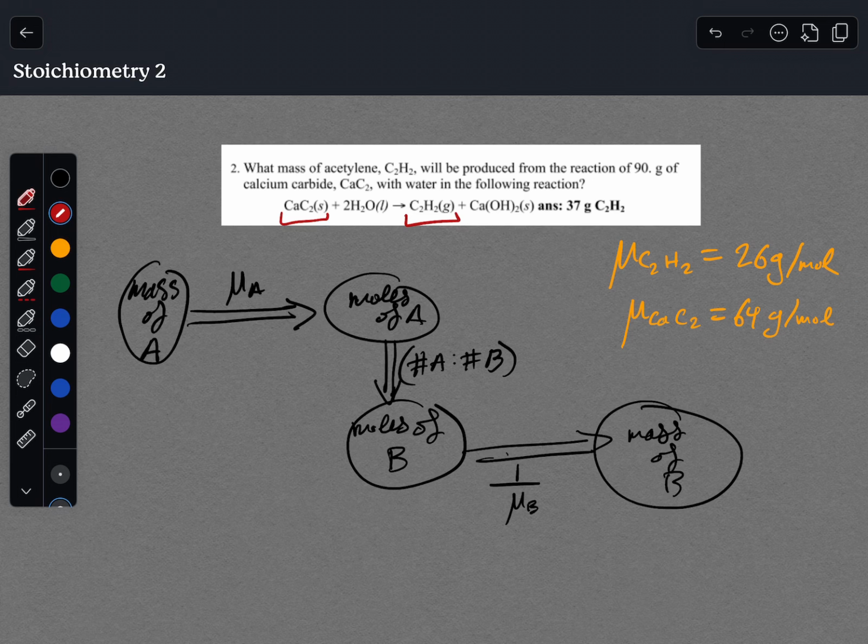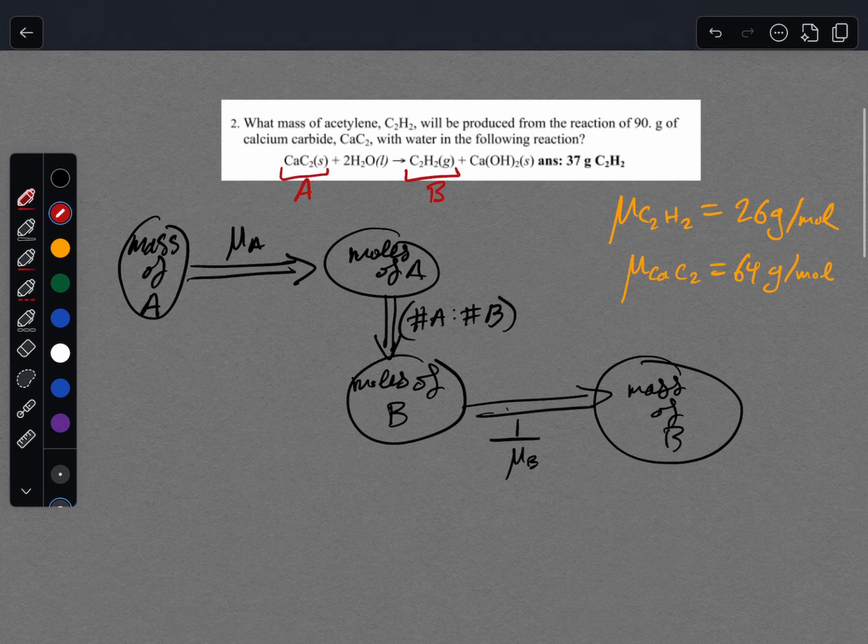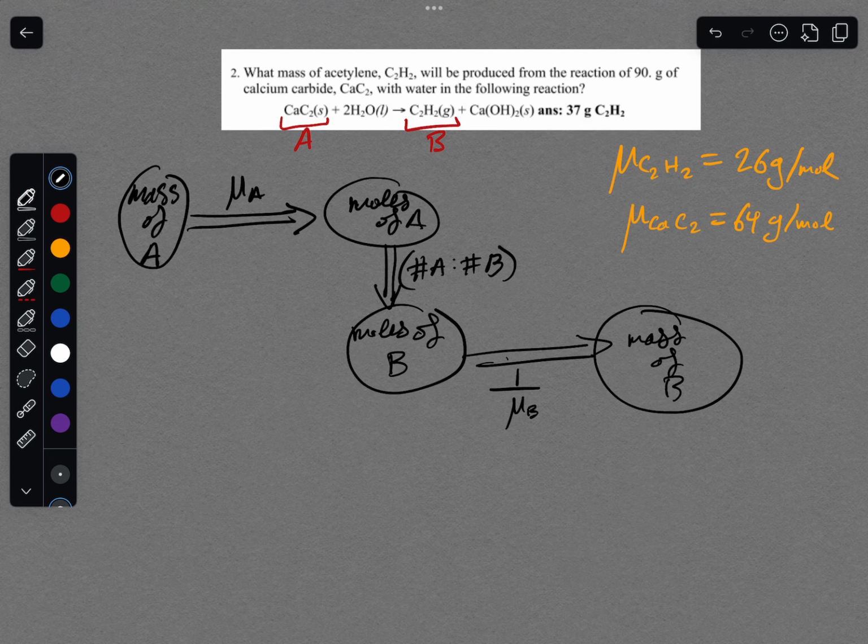So if I call one of these A and one of these B, I can actually just apply Jerry's method directly. So if I wanted to generalize the equation that we got at the end of the last video, going backwards or forwards actually doesn't really matter,